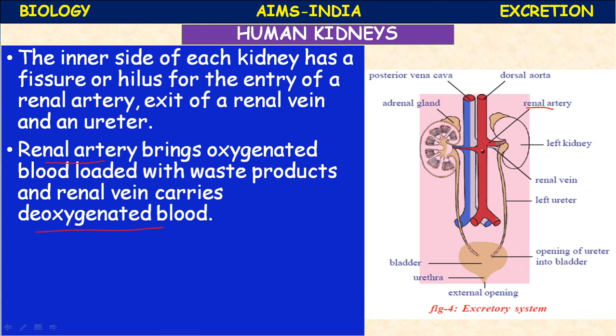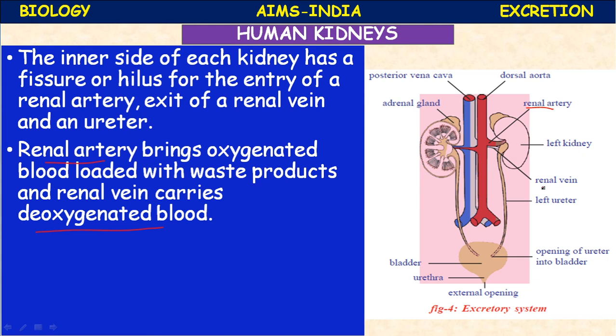The dorsal aorta itself enters the kidney as the renal artery. It divides into small capillaries called renal arterioles. The main function of this renal artery is that it brings the oxygenated blood loaded with the waste products, and the